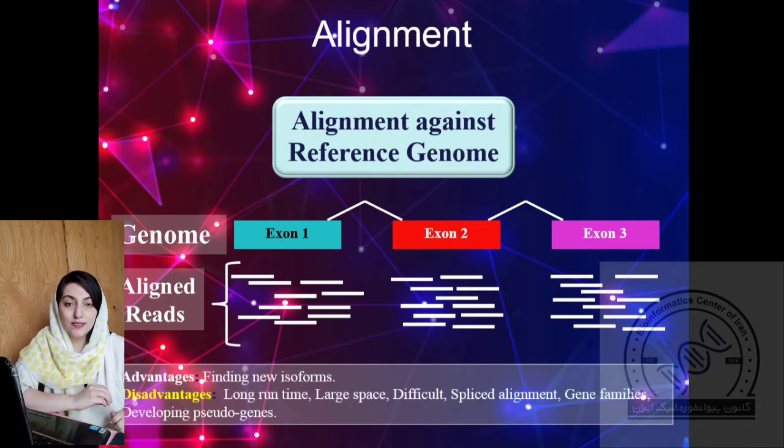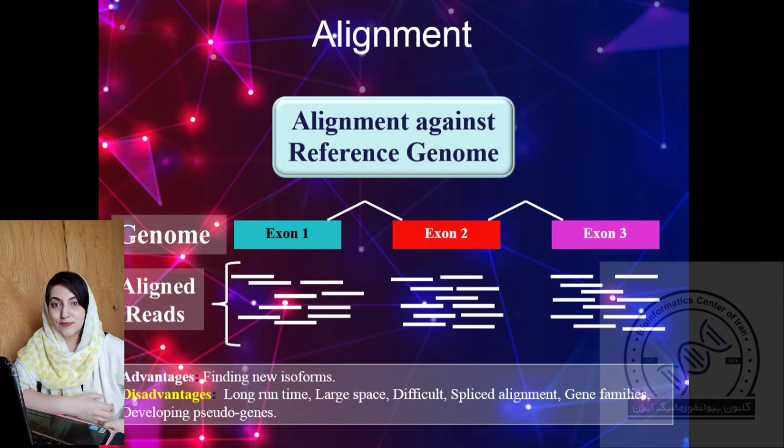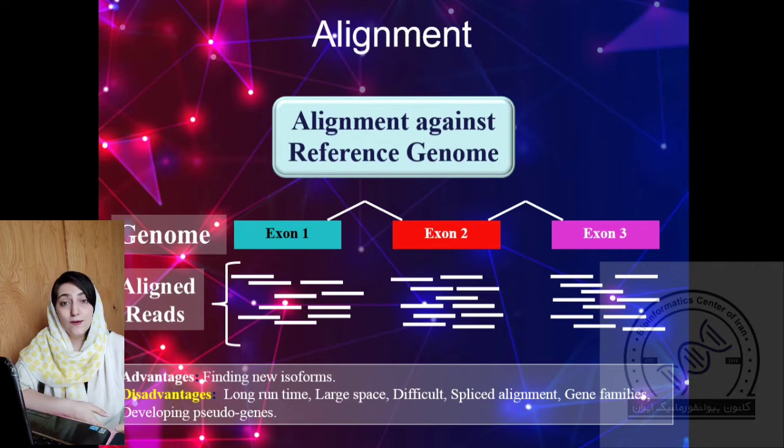But this method for the alignment also has its own disadvantages. For example, it has a long runtime, it has large space requirements, and it's really complicated and difficult because, as I said, we have an enormous genome, and we want to align all those short reads against this genome. There's a big runtime, there's big memory usage, and also one of the bad problems with alignment against the reference genome is that it may produce pseudogenes because of its ability to